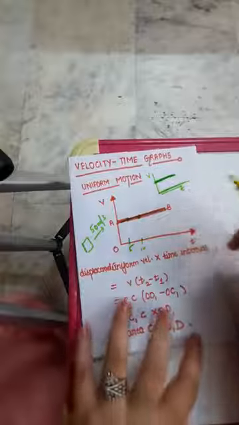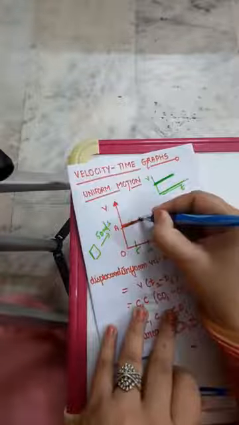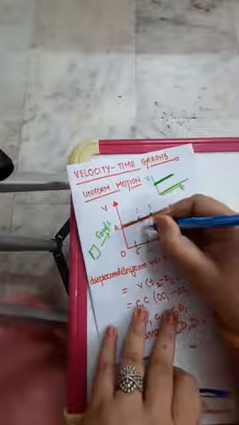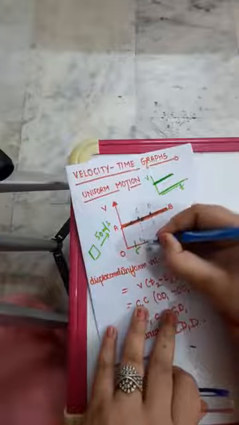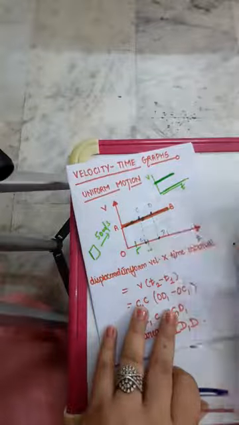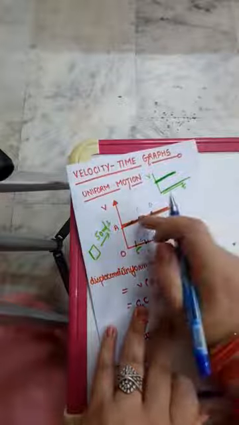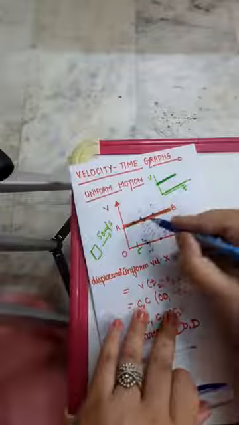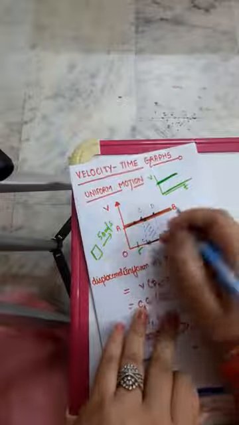Okay, so first of all, let us consider any two random points on this graph. Suppose this is some point C and this point is D. When you meet these two points with the time axis, suppose this is C1 and this is D1. Now you can see a rectangle in front of you, CC1D1D. Fine. So if we are going to measure displacement in this small time interval only,